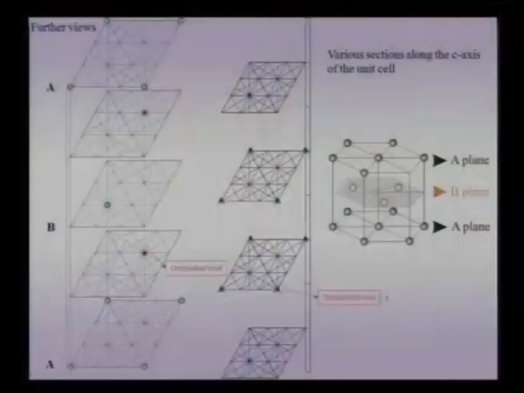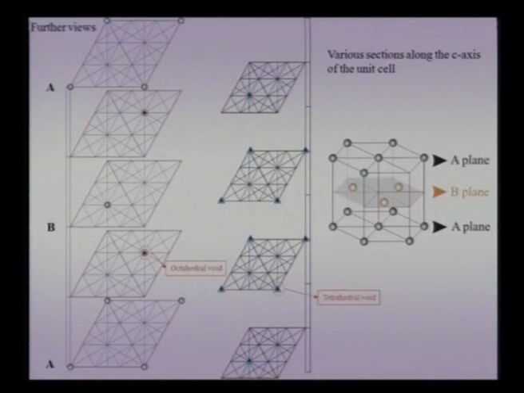Now, in order to better visualize the position of these voids, I have certain other diagrams here, wherein the hexagonal unit cell has been split into various planes. So, this is a plane located at 0, this is a plane located at half, this is a plane located at 1/4, this is 3/4 and 1. Similarly, there is a diagram on the right hand side which has been used to locate the positions of the